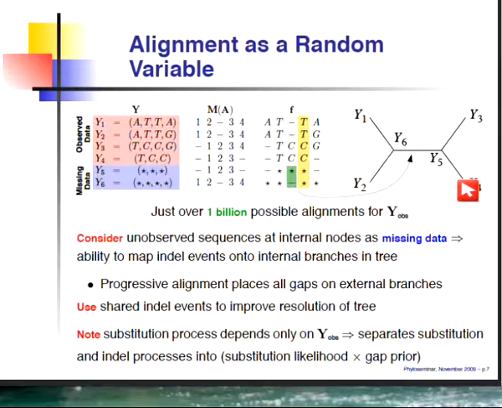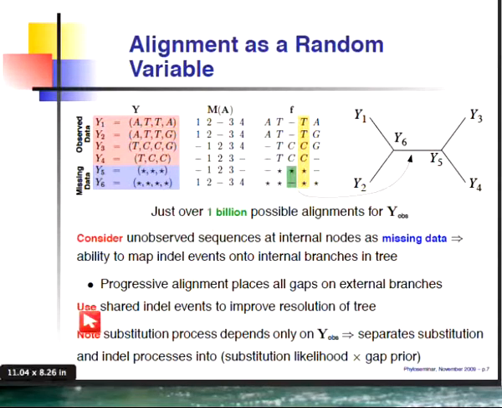However, by augmenting the space with the sequences at the internal nodes, we're able to say that these two characters are homologous by descent, and we can use that information to improve our resolution that C and C should be nearest neighbors to each other on the tree. Because there was a single event here that then gave rise to a single character, perhaps a C, that was shared by descent. Whereas if we were using a progressive alignment procedure, it would say that there were two independent insertion deletion events along these branches, and that doesn't add any information to putting the C's together.